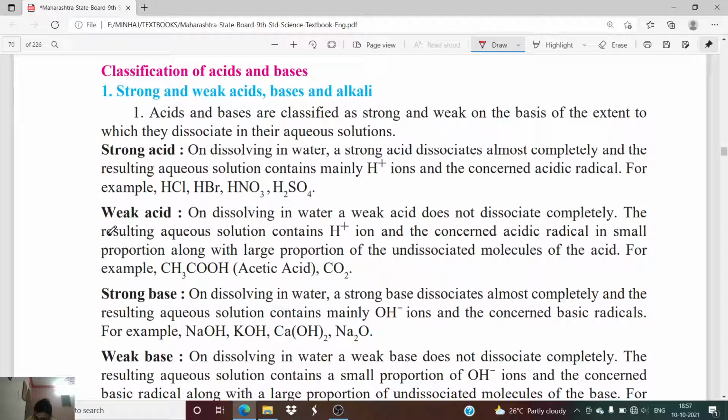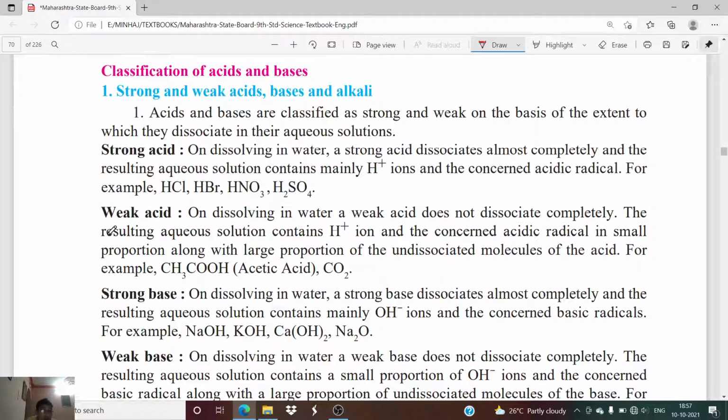Okay, so the proportion of H plus ion and the acidic radical is going to be very small. The large proportion of the solution will have undissociated molecules of the acid. Okay, so the examples of weak acid are